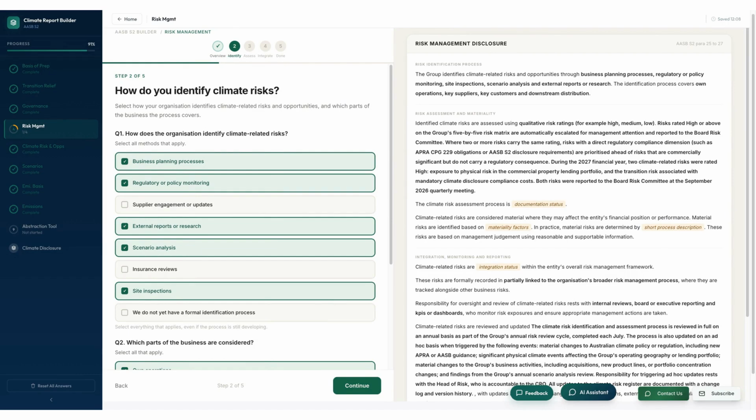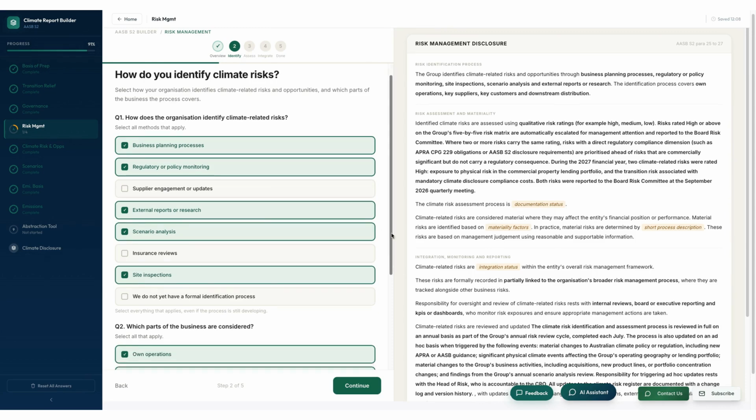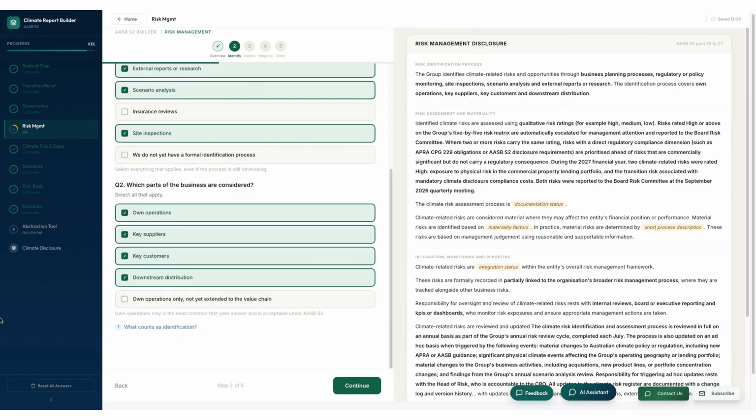We start with risk identification by asking users to clearly articulate how climate risks are identified within the organization. Instead of asking for a written response, we present practical methods such as business planning process or regulatory monitoring, scenario analysis, and external research. What process does the user have within the organization to identify climate risk? So the user selects the relevant processes, then